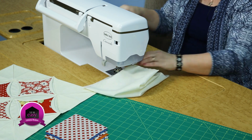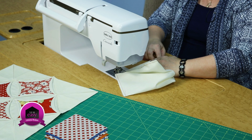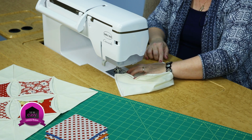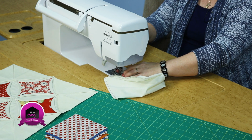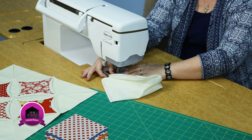As I get to my pin, I take it out so that I don't dent the pin or damage the tip of my sewing machine needle. Get that second half aligned, because it's kind of a long piece to sew across. So we're going to sew a ways, then tie off, cut thread, take it out, jump about